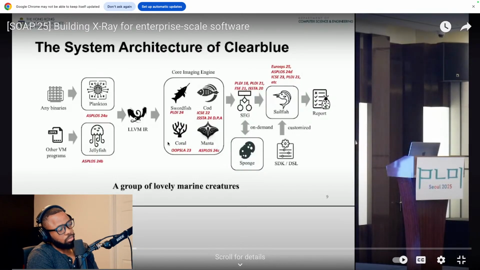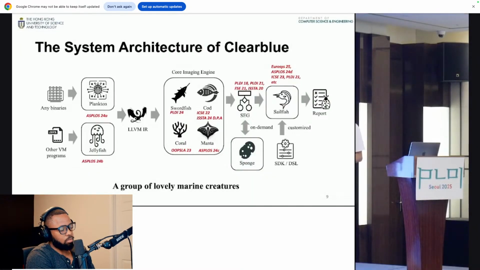We're not doing decompilation, we're doing lifting. So we're lifting these binaries into, we choose to use LLVM IR. So we're lifting them into IR. And then on top of that, we do a lot of interesting static analysis, such as call graph building, pointer analysis, a lot of type inference because we're lifting from binaries, so there's a precision loss.